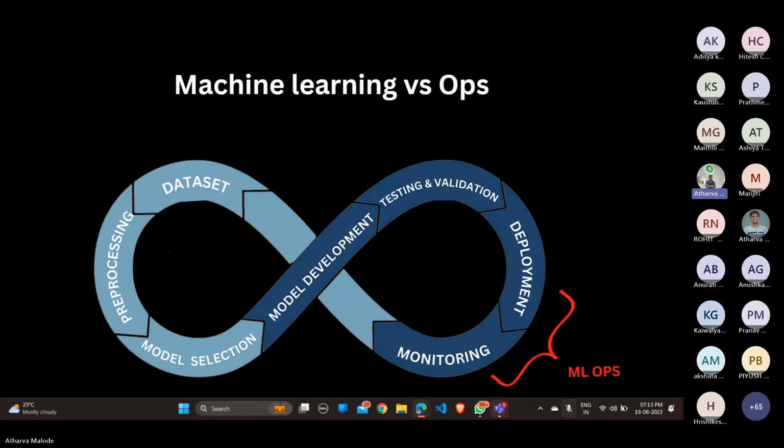Okay, so now we know that MLOps is basically the same as what we were doing in machine learning. Only two things are different: deployment, and then after deploying, monitoring the performance. And most importantly, by using monitoring you are feeding it back into the data set. So you are doing this loop continuously. Okay,